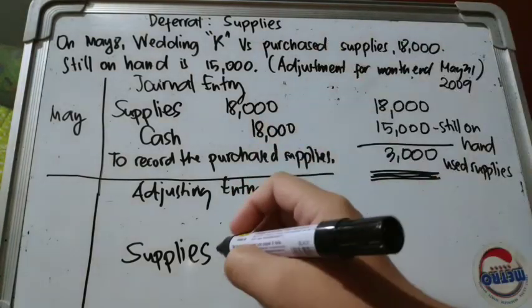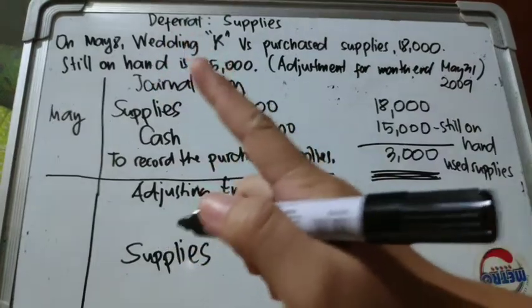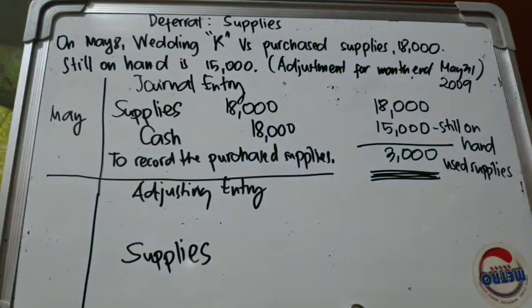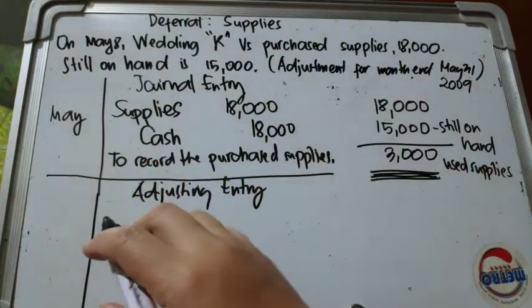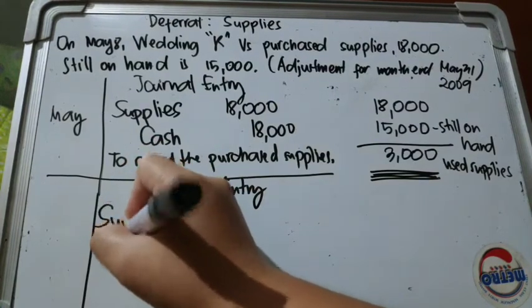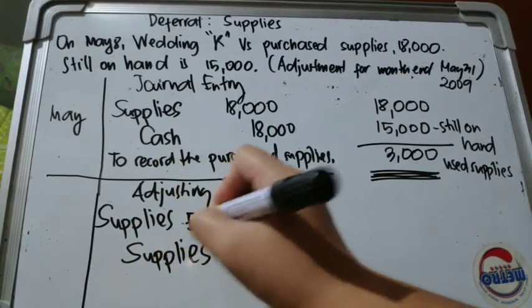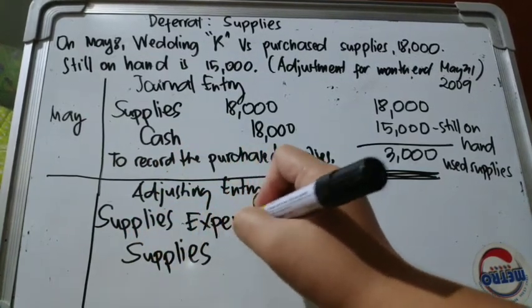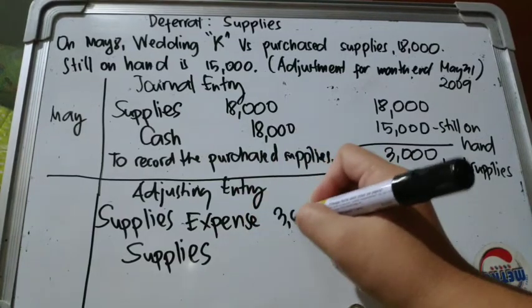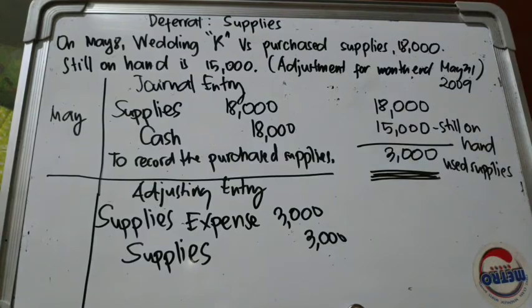So, this is the supplies. And then the same with prepaid rent and prepaid insurance, ang iyong ilalagay for the debit side is the expense account, or the supplies expense, in the amount of